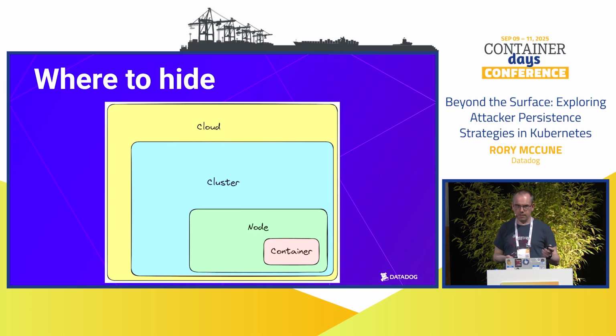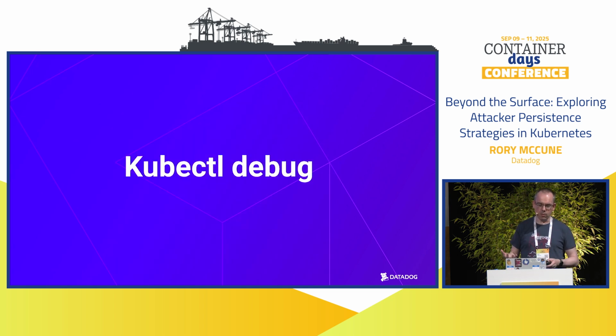So let's start. Our attackers have sat down at the laptop. They've noticed the admin is not paying any attention. They're focused on their phone call. What do they want to do? Well, the first thing an attacker might want to do is get a root shell on a node, right? A root shell on a node sounds like a great place to start if I'm trying to hack into something.